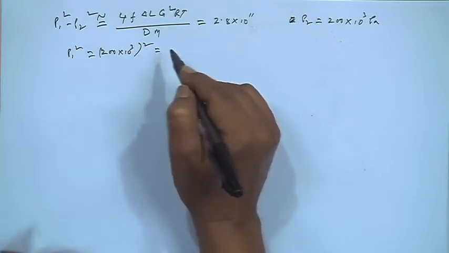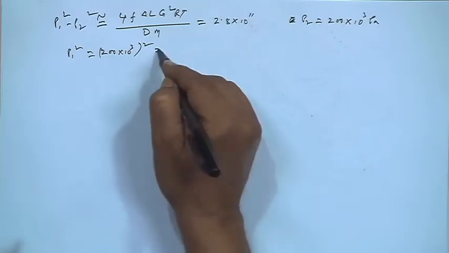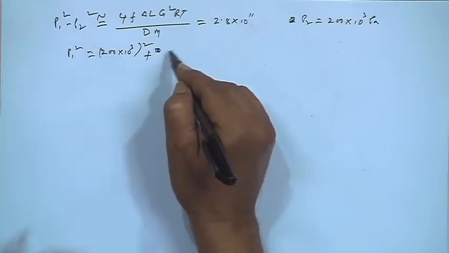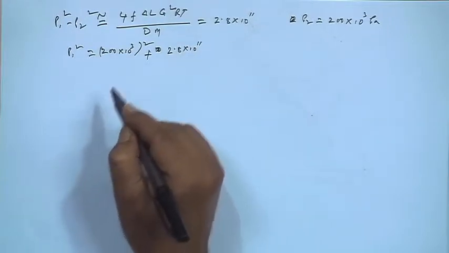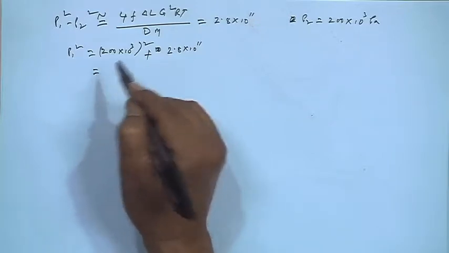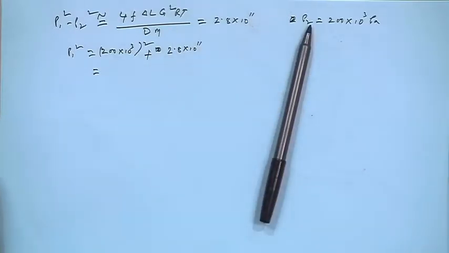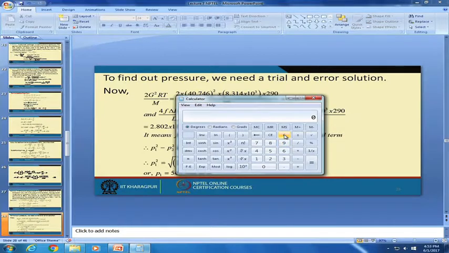Square. This is equal to this plus 2.8 times 10 to the power 11. On simplification, this gives 200 into 10 to the power 3, whose square we take, plus